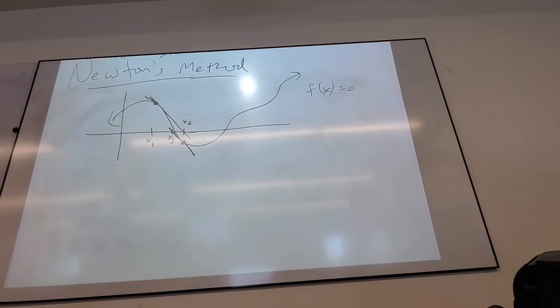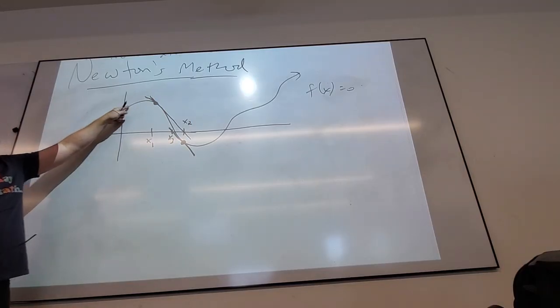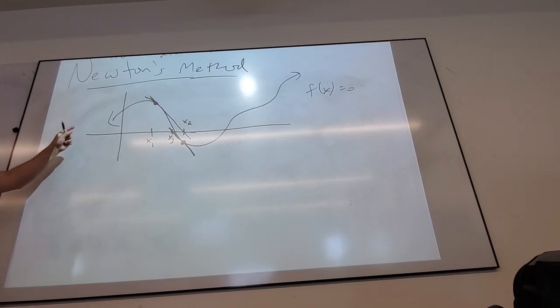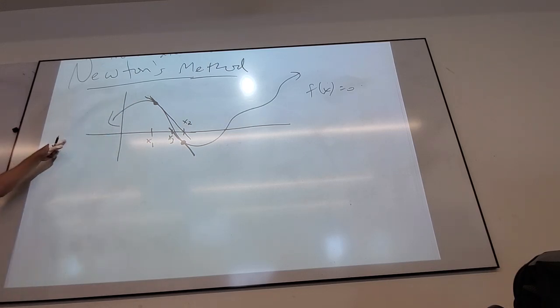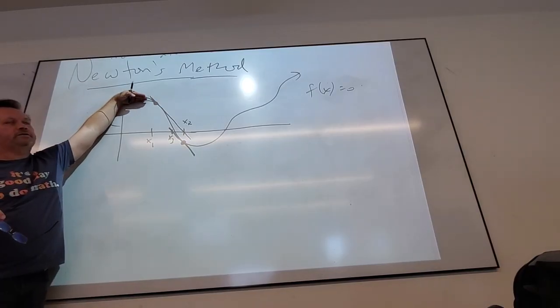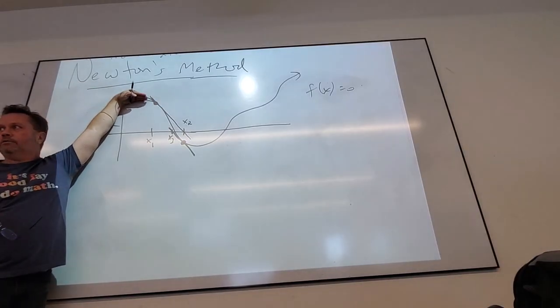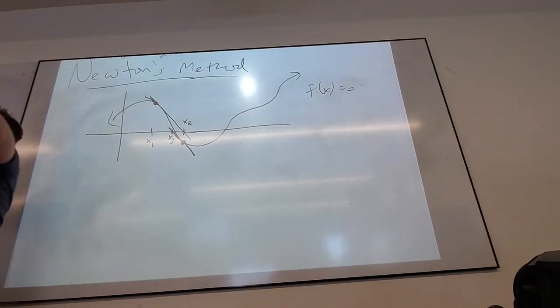Unless I'm too far away, right? If I was over here, my tangent line would have taken me back here. Do you guys see it? Let me do that again. If my first guess was here, the tangent line would have taken me back here. Do you guys see that? So this only falls apart if I pick a horizontal tangent line position, or my guess is too far away. You guys with me?